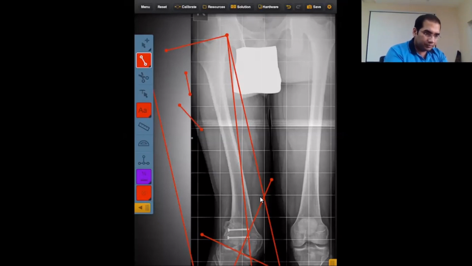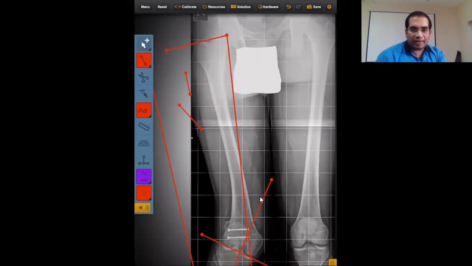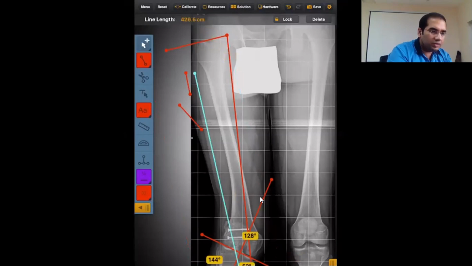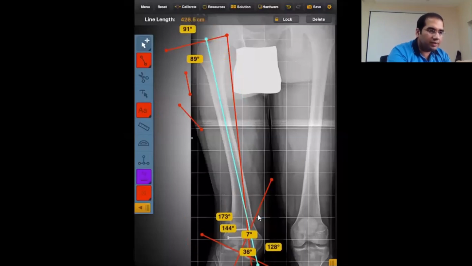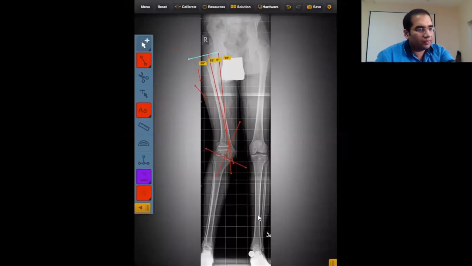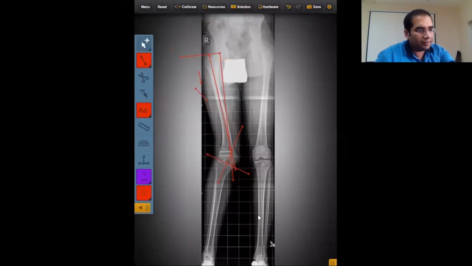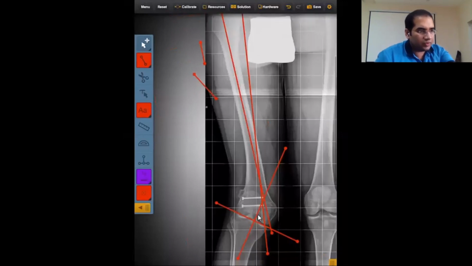So in this case I'm simply going to omit the normal axis, and I'm going to use the rule of 3 lines, assuming that this angle is normal, that instead of making an angle of 82 degrees, it made an angle of 90 degrees. Then we will proceed forward, just so that we can focus on the obvious deformity in the distal part of the femur.